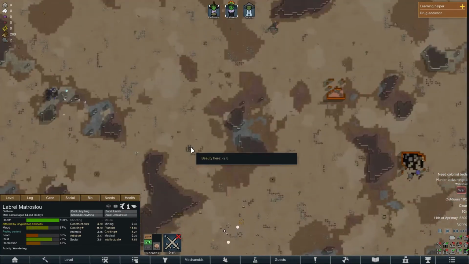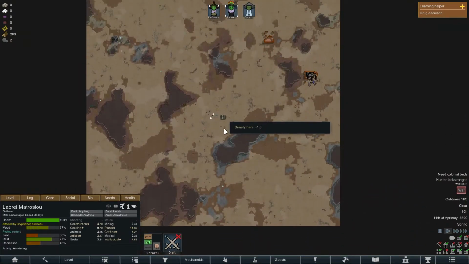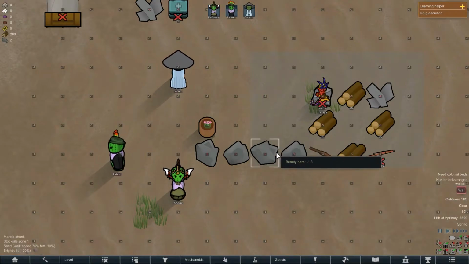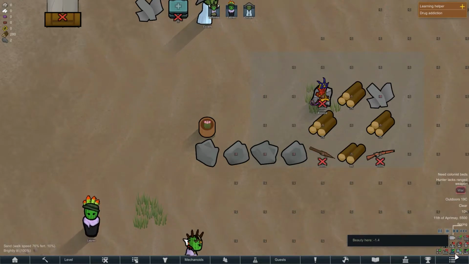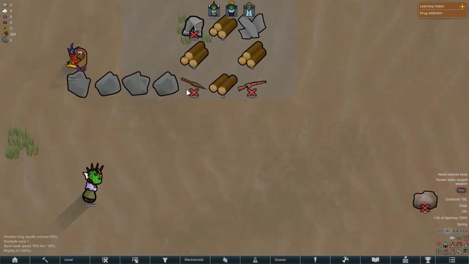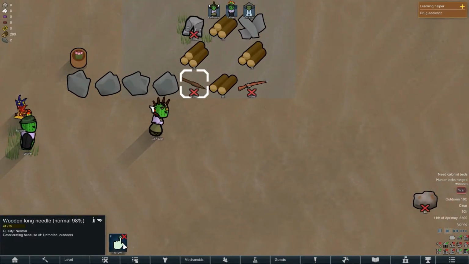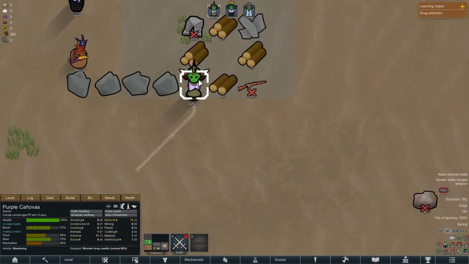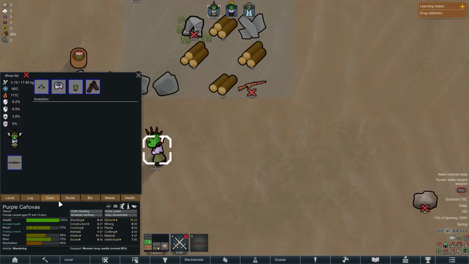I don't know if I'm getting extra bonuses because it's in the desert. However, pretty good. And that's just not it. That's just not it with this mod. This mod continues to give, as there is a weapon. It's called the Long Needle. So essentially this mod, if we get this guy to pick it up, it is